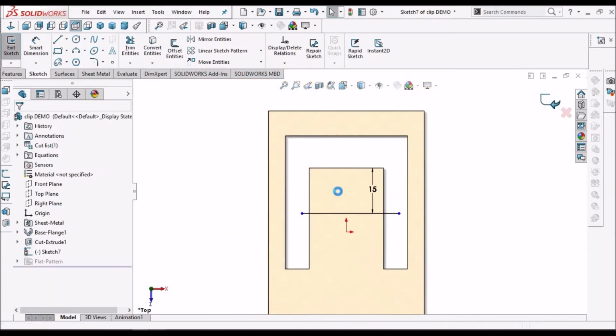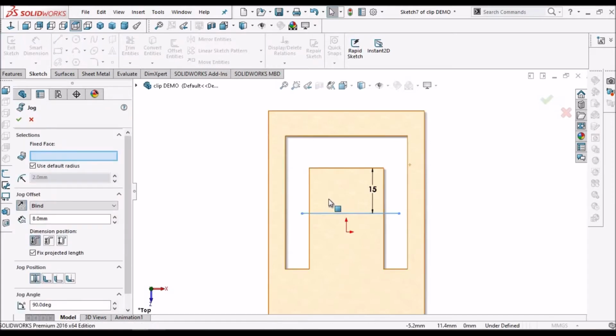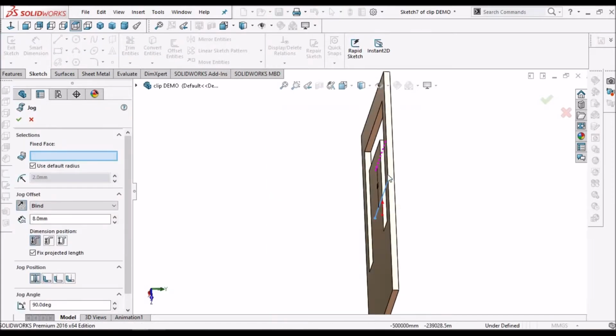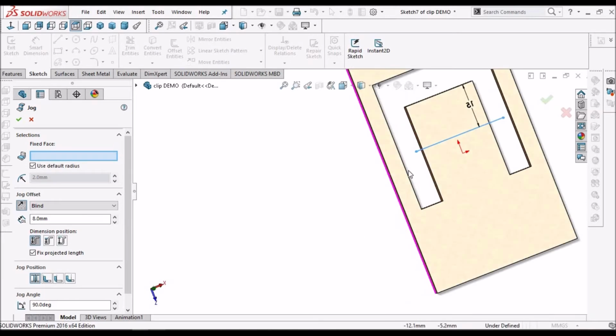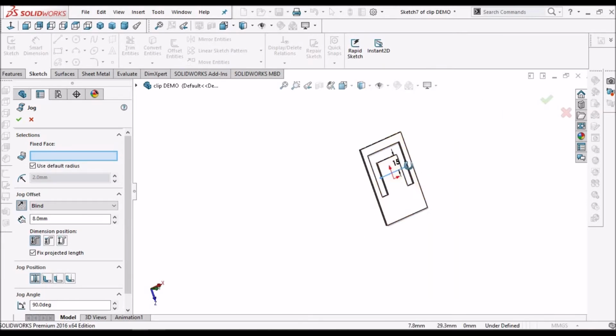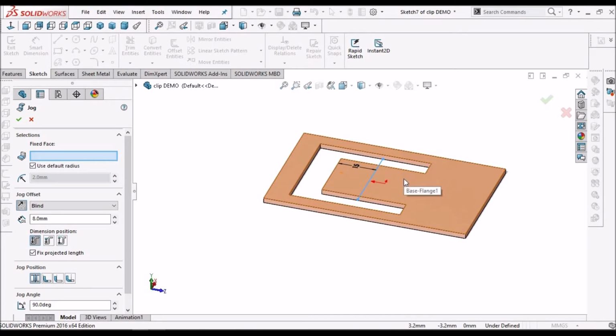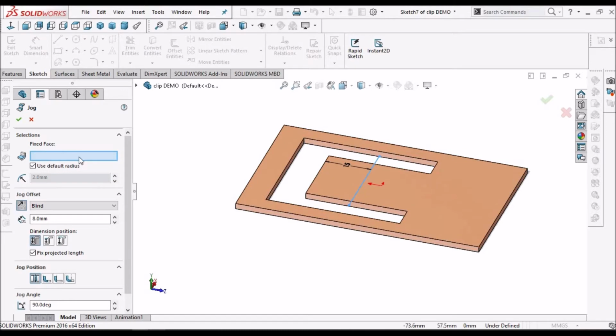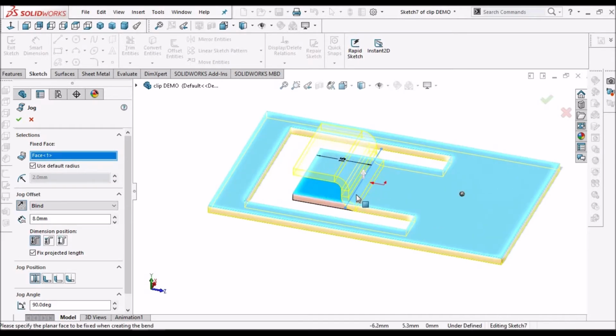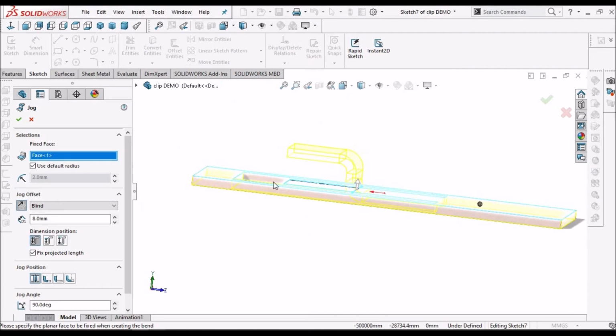Say OK. And select the fixed face. So you can see the jog feature is created.